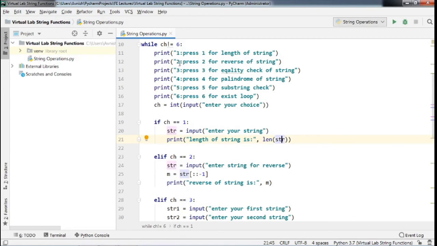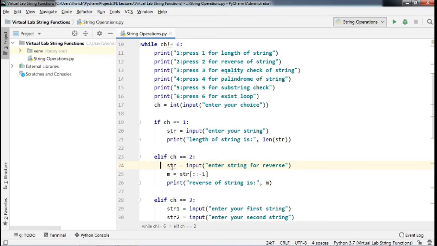Suppose the user presses choice number 2. Now again here we will compare, suppose the user provides choice number 2. We can check that choice number 2 using the elif statement. If there are more than 2 choices given for a particular operation, we can use the if elif statements.